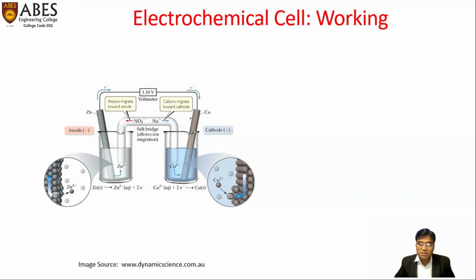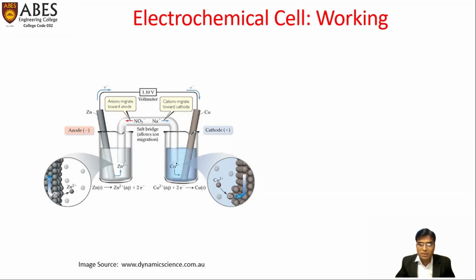Similarly, the copper rod also participates in the reaction, but here the 2 electrons which reached the copper rod from the zinc rod are taken up by the copper ions present in the solution. So these cupric ions take the electrons and get themselves reduced. It forms solid copper and deposits at the surface of the copper rod. So 2 electrons are taken up by the cupric ion to form the solid